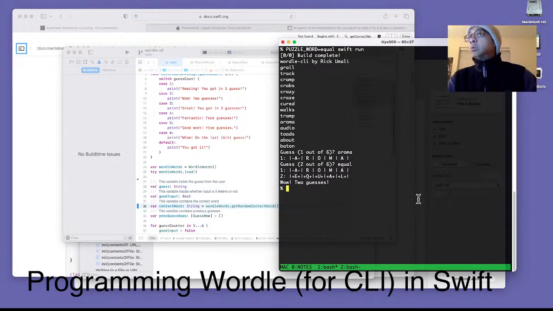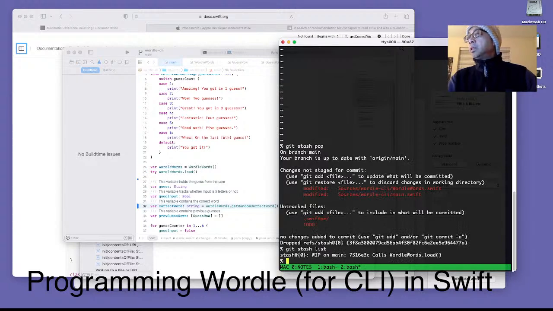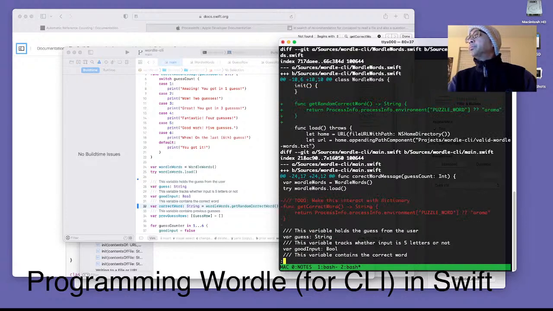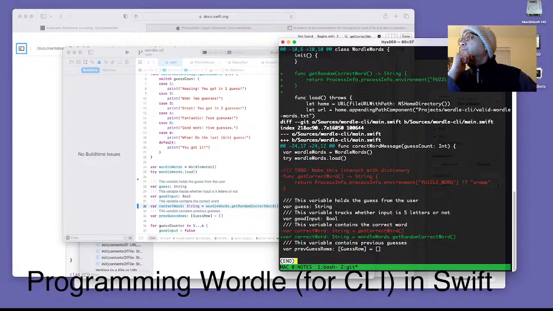So what I'll do is commit this change. So I've moved this to the wordleWord class, and yeah, I'm gonna put that correct word in there. Yeah, so I made this. So we're gonna put this into